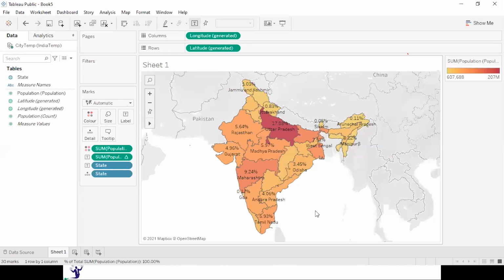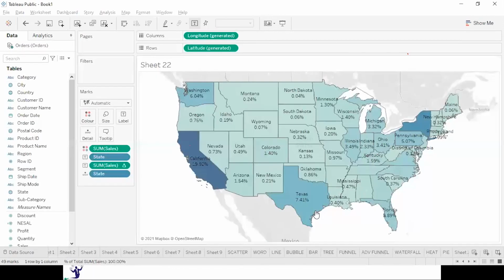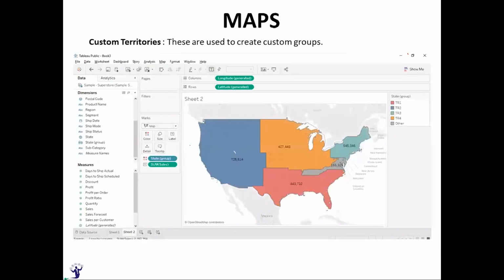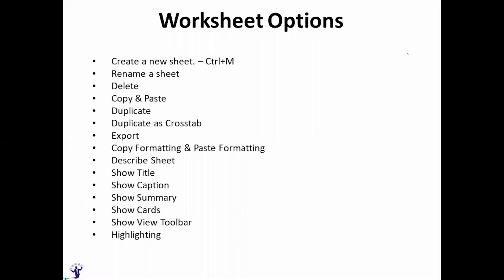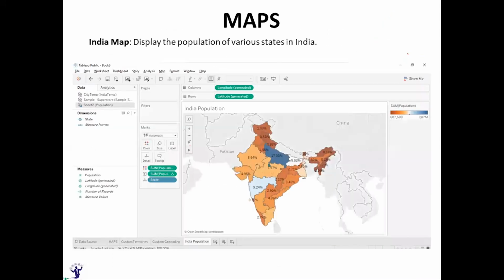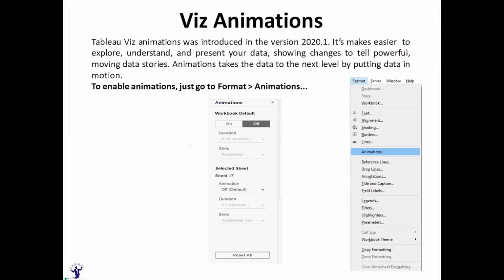Okay, so this is how you can get an India map. So that is how we play around with the maps in this, right? So we have seen the India map. Okay, here it is. So this was the India map. I'm not focusing on the assignment as of now. First of all, let me give you the value which I wanted to give. Now I will show you something.